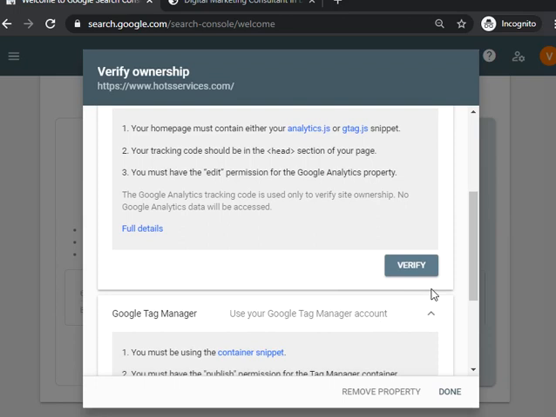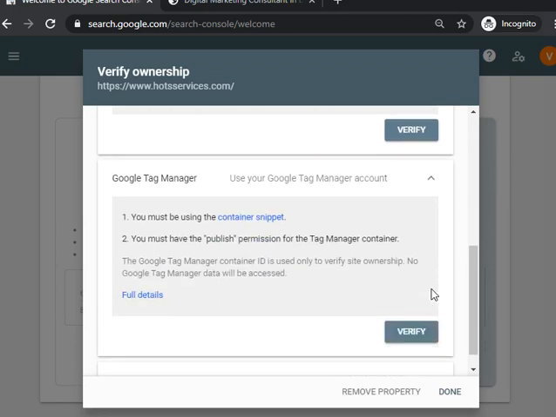Tag Manager. Tag Manager gives you a block of code and you place this on the website. That's it. That single code is actually the essence of multiple codes, meaning you can add multiple codes with the help of Tag Manager.